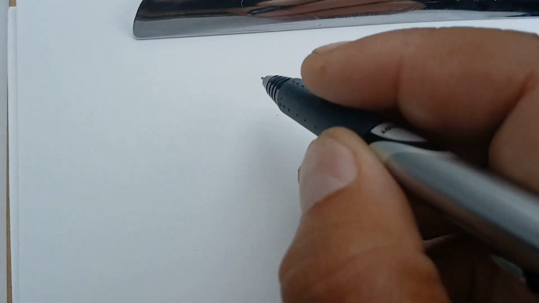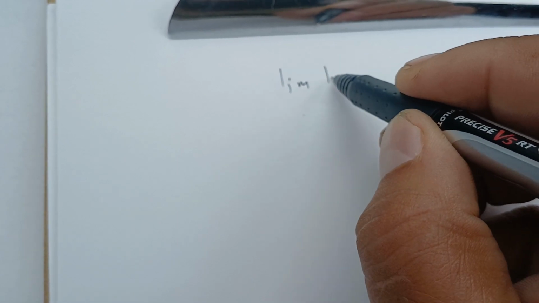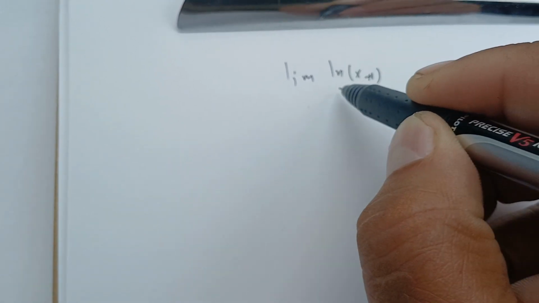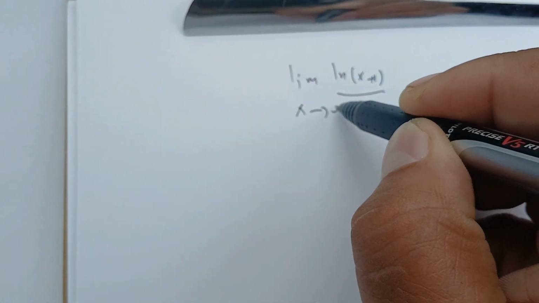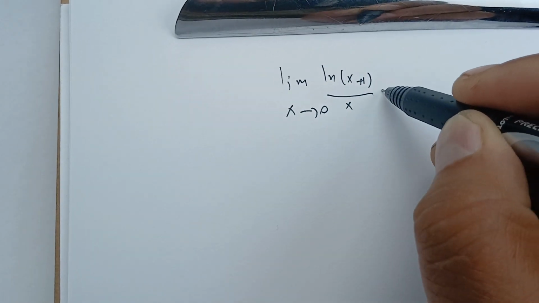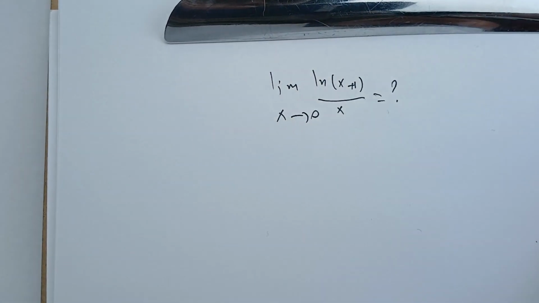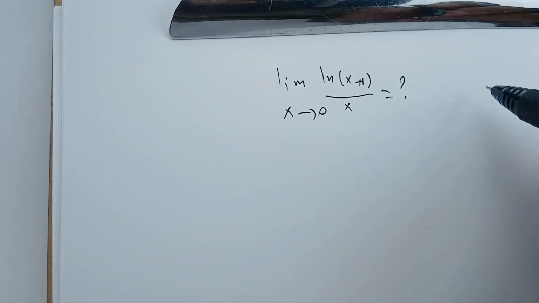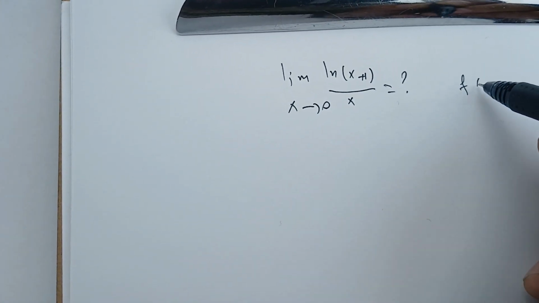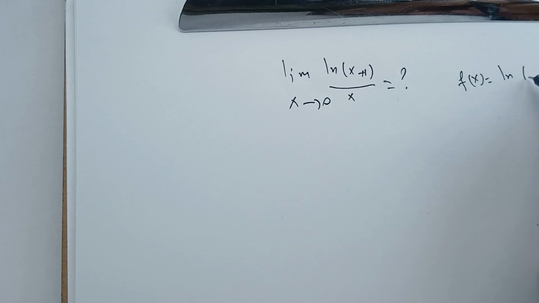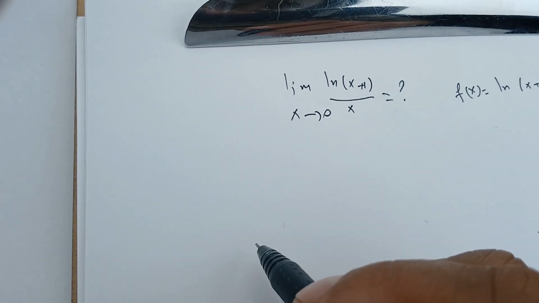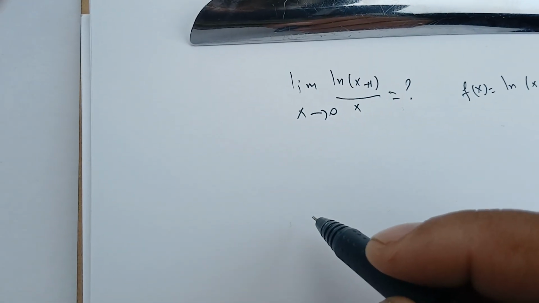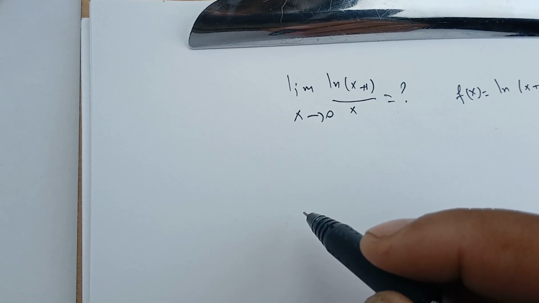Now let's compute the following limit: the limit of ln(x+1) over x as x goes to 0. What's this limit? Okay, so note that if we define the function f of x as ln(x+1) and we try to find the derivative